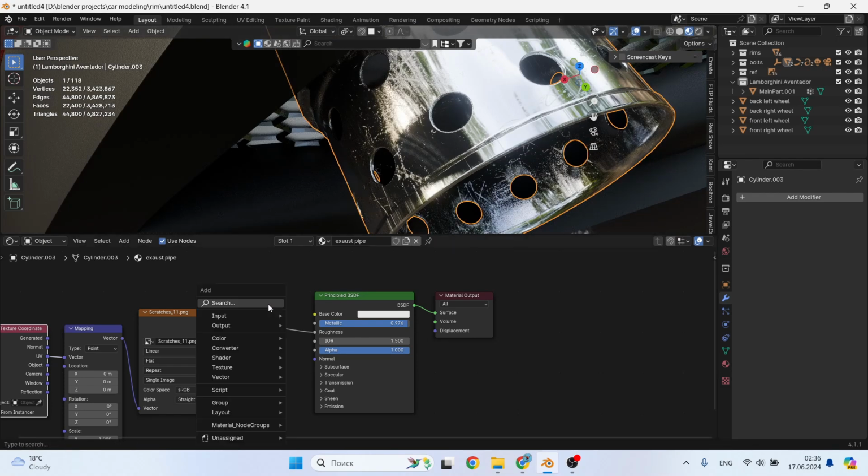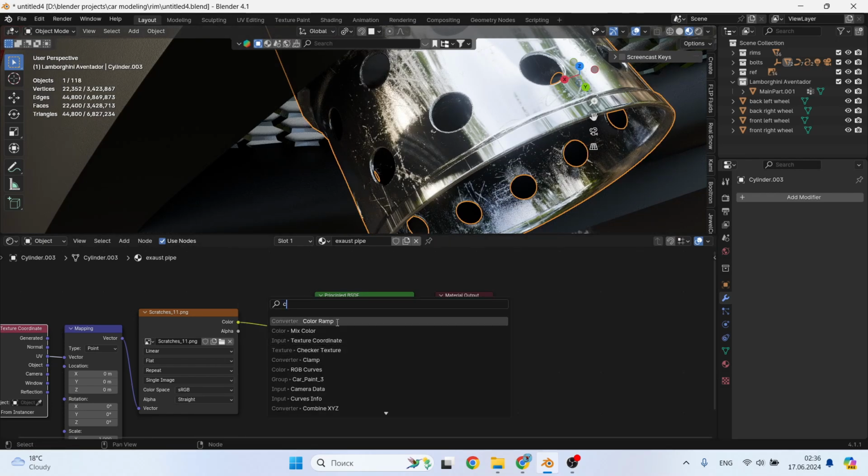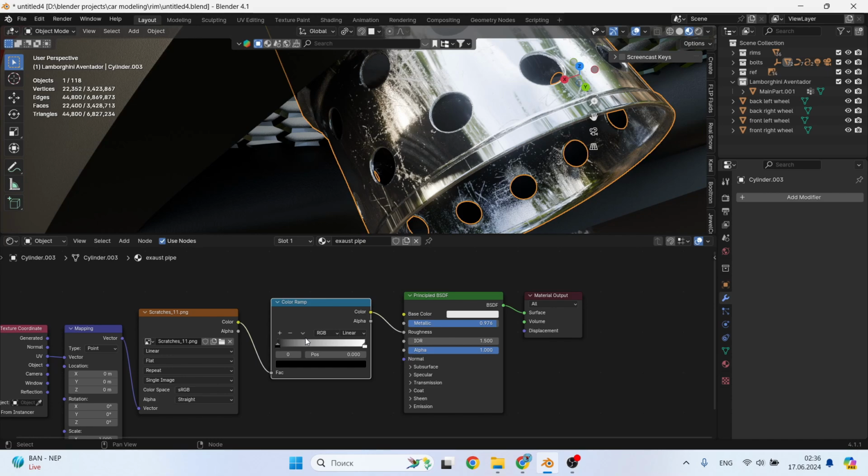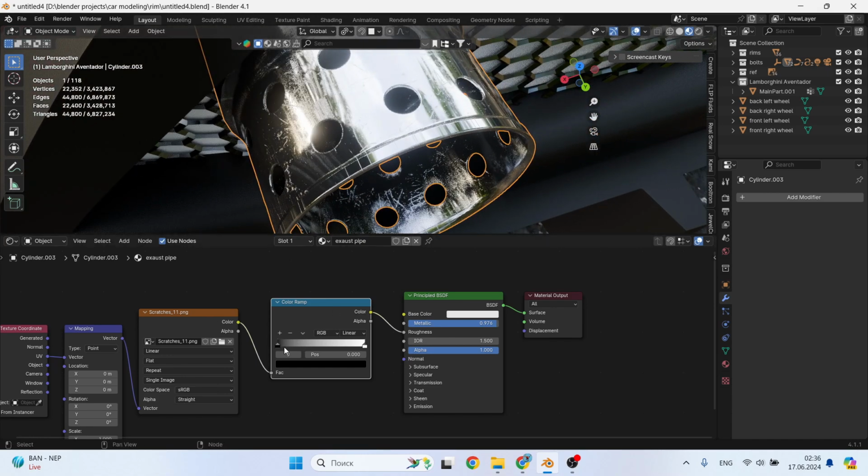Well, for more control, add a color ramp so that you can adjust the number of scratches with the sliders. Good, very good. Now you need to add the same material to the second pipe.